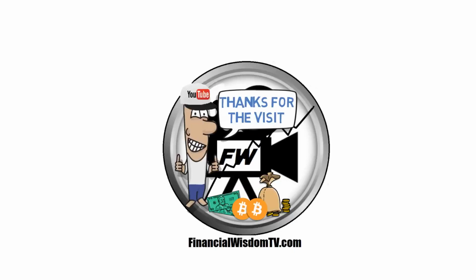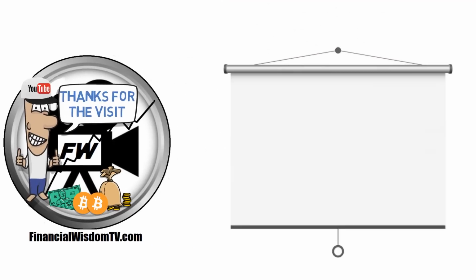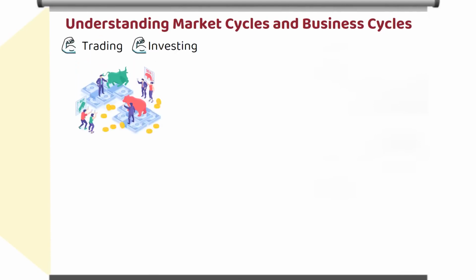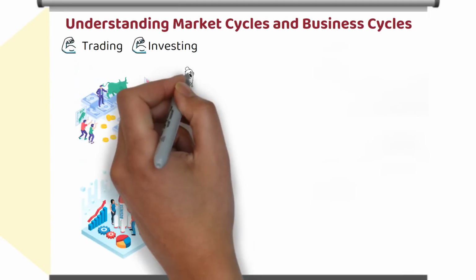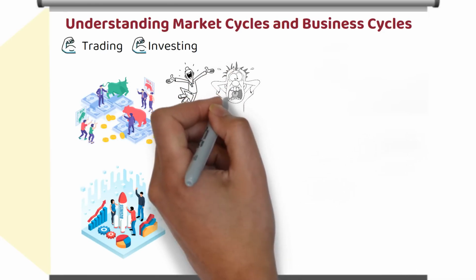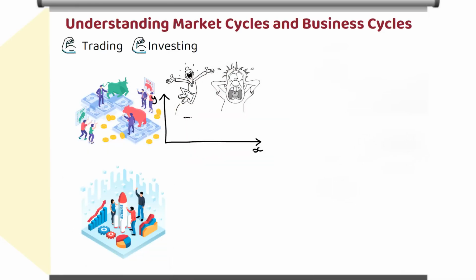In this video, we see how the market cycles and business cycles play out, and how this understanding can be advantageous for traders and investors. Both markets and businesses are driven by human behaviors. Emotional humans tend to overreact in good times as well as in bad times, and that results in cyclical behavior